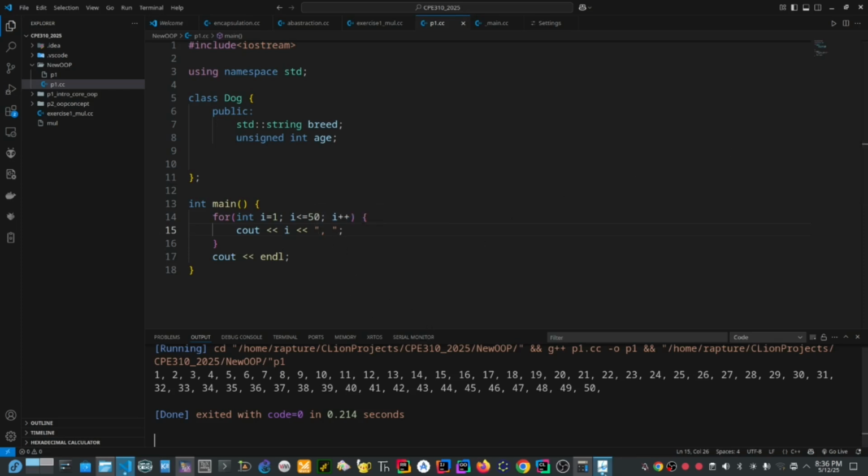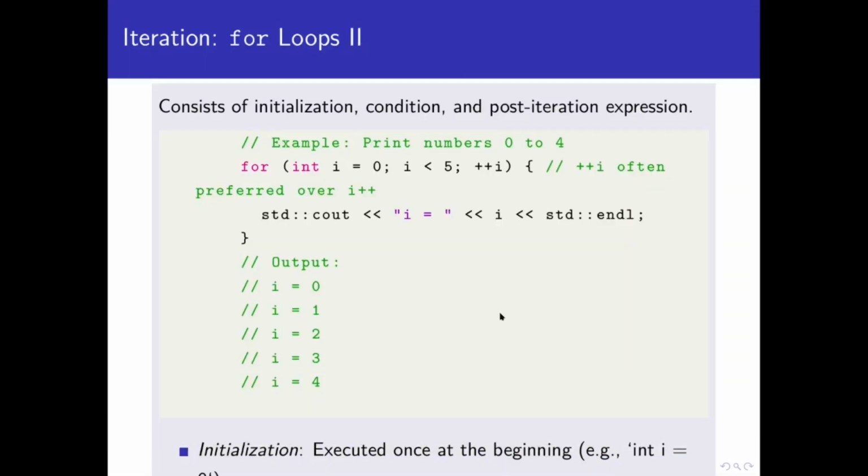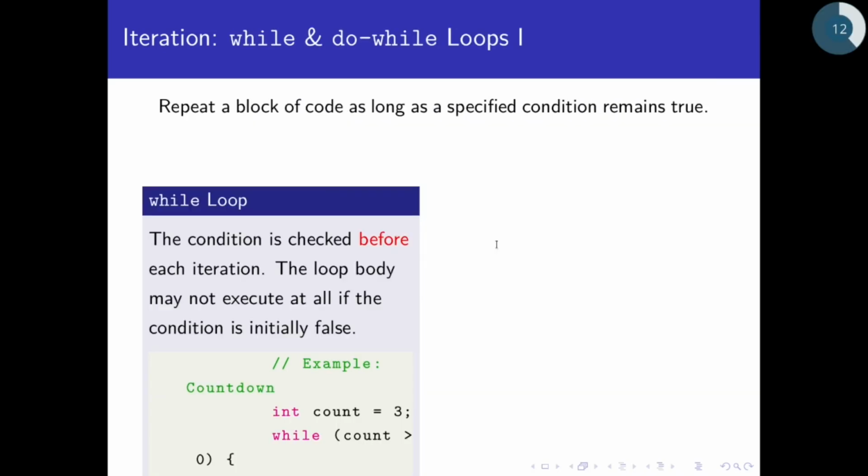Now let me come back to our slide. Can you see now? It flips all this. Now let's repeat a block of code as long as specified conditions hold. Let's see the while loop as well. In case we don't know the beginning or the end, but we have some condition to happen, let the loop terminate when it happens. We can use the while loop statement to achieve that.